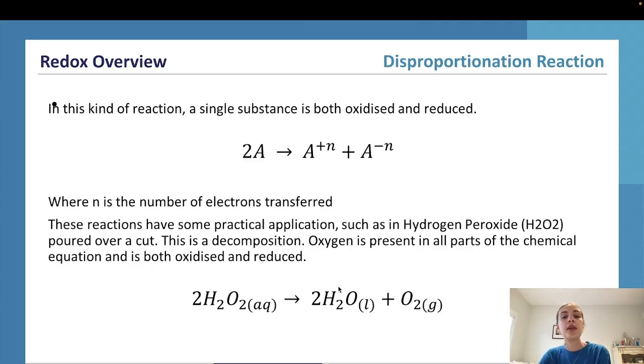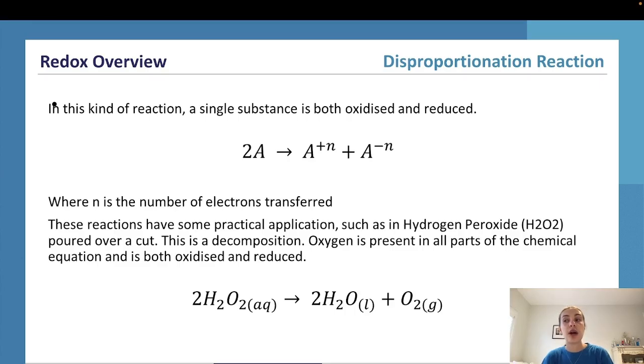So when we're looking at this, we can see we've got 2 hydrogen peroxide, or 2H2O2, makes 2H2O, 2 water, plus oxygen gas, or O2. And so when we're breaking this down into its oxidation and reduction, we can actually identify here that we have some exceptions to some of our rules. So we know that in our rules,